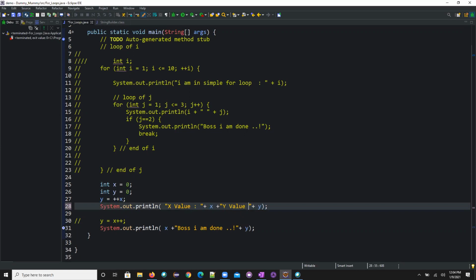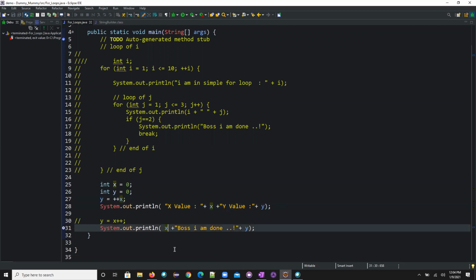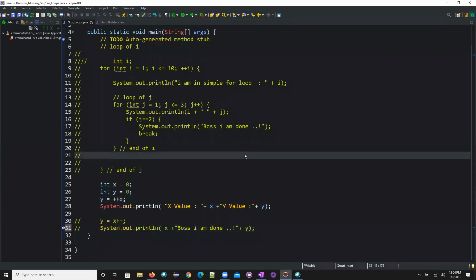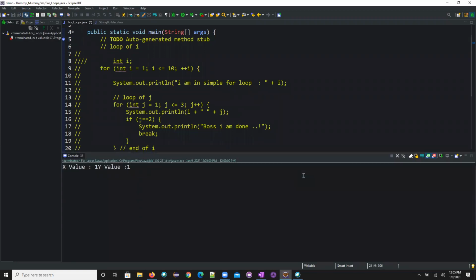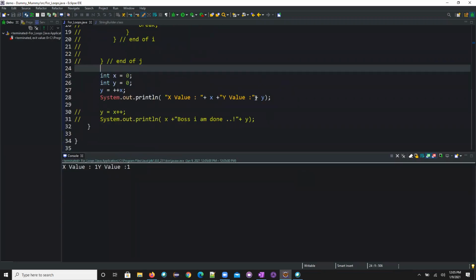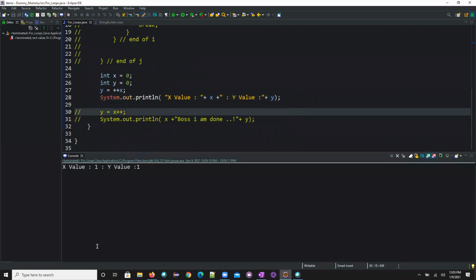I'll come here and let's see what it does. I'll comment this statement for the namesake. Now when I execute this one, see the output. I'll keep y also here separate. Okay, now x value equal to 1, y value equal to 1.